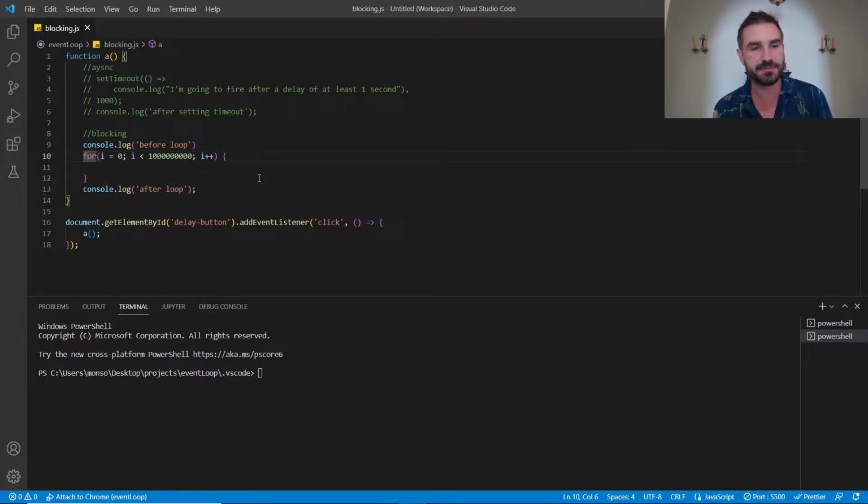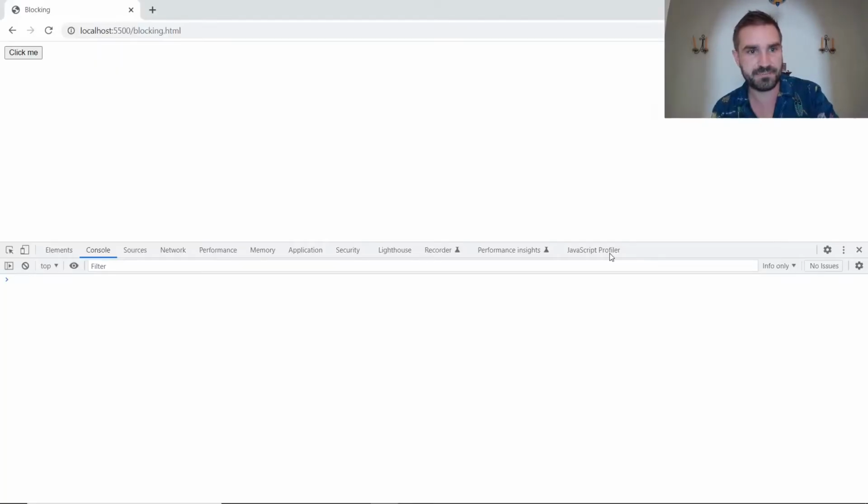So we've got a console log before and after the loop. We've got a loop up to a silly number, nothing else going on in there. This is all in function A, and function A fires when we click the button. So let's have a go on that. We're going to click the